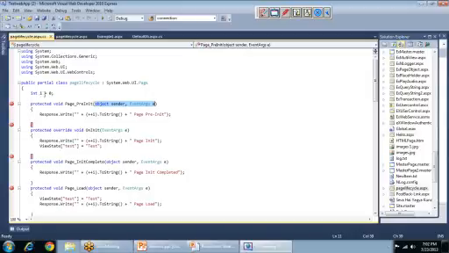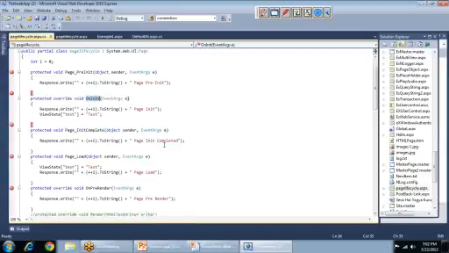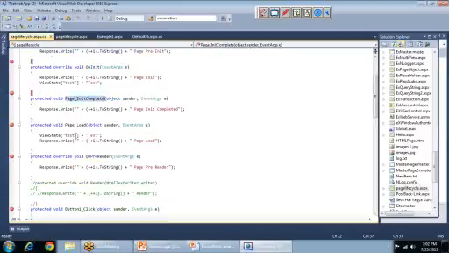Okay, so here I am just keeping the counter on how many events are being executed in the entire page lifecycle. So for every event, I'm just printing the name of the event and the counter and incrementing it. Okay, so this is how you use page pre-init. If you have to use on init, you can use override. It is the method available in the page class, and you can override that method. Then page init complete, page load, pre-render, button click.